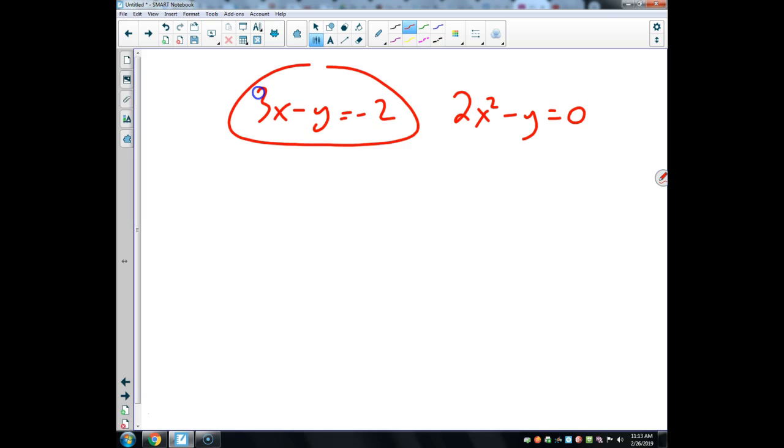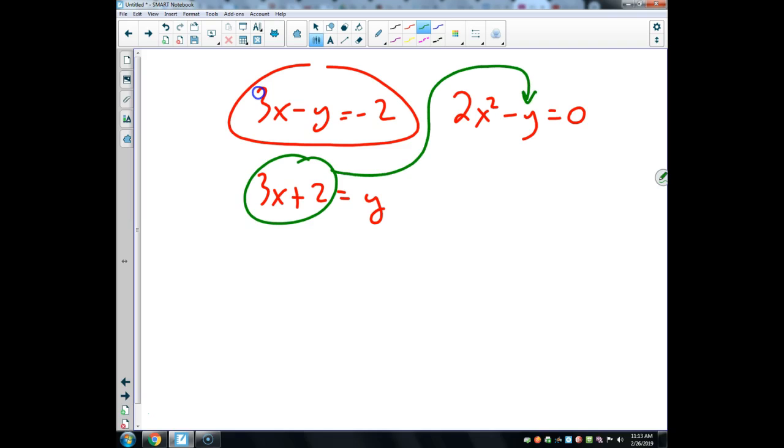How about we transpose? Let's add 2 to both sides and add y to both sides. Okay, so y is 3x plus 2. What does that mean? I can take what y equals in this equation and plug it into the other equation. So what does that mean? 2x squared minus that